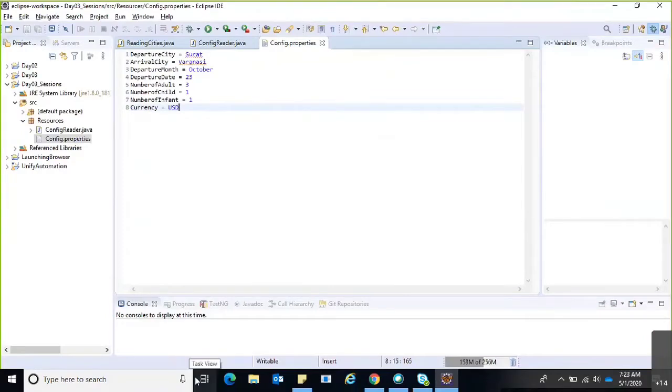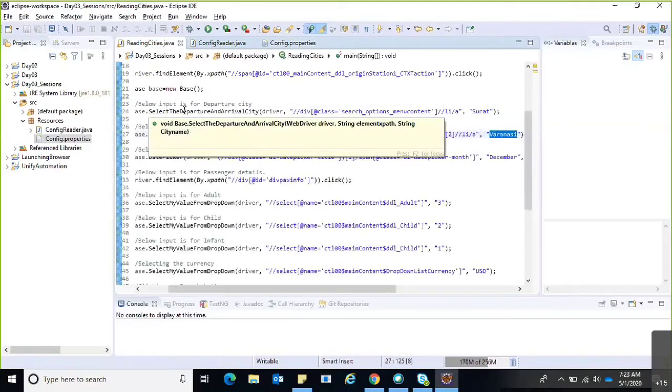We can pass all those details from an Excel file as well. Even from the Excel file, we can mention all the names one by one in the rows and pass those values from the Excel to our class files. That is also one of the suggestible ways we need to follow. Initially we will see this with the config file, and then we will see the Excel file in further sessions.